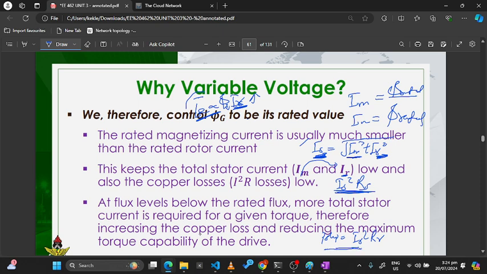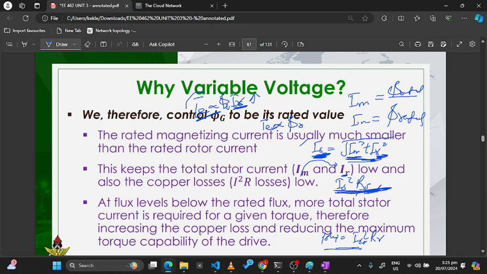Is that okay? So then this gives the stator. So at flux levels below the rated flux, more stator current is required for a given torque. Of course, if we increase IR as well, remember from this place, if we increase IR, we are increasing the stator current. That means we are increasing this value too as well. You get it? So then the trick is to make sure